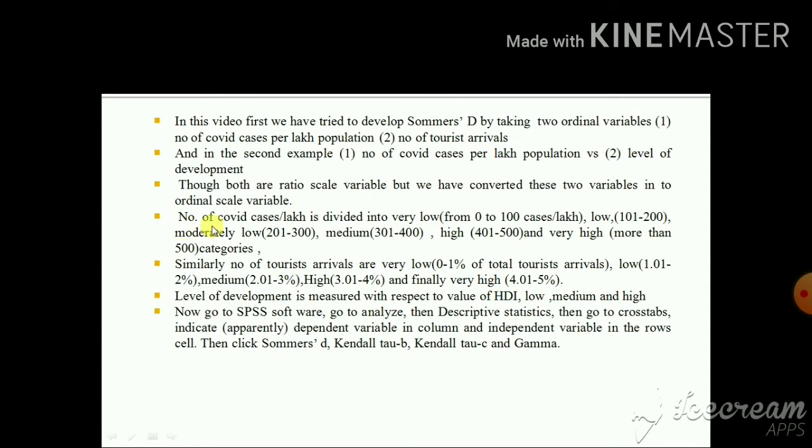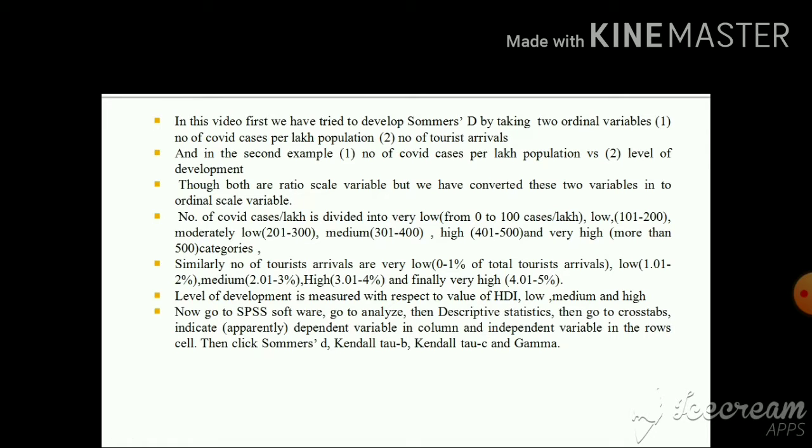So the number of COVID cases per lakh is divided in this way into different categories. Very low, that means from 0 to 100 cases per lakh. Low, 101 to 200 cases per lakh. Moderately low, 201 to 300. Medium, 301 to 400. High, 401 to 500. And very high, that is more than 500 per lakh